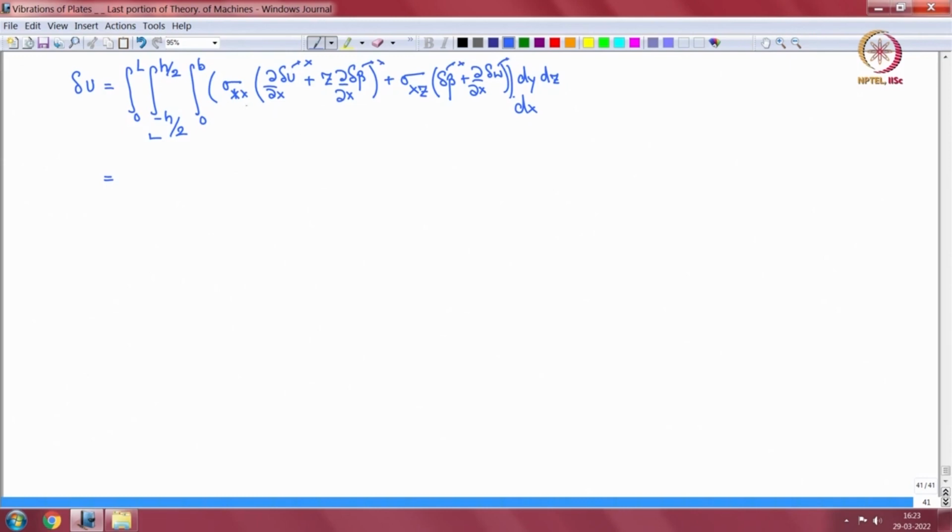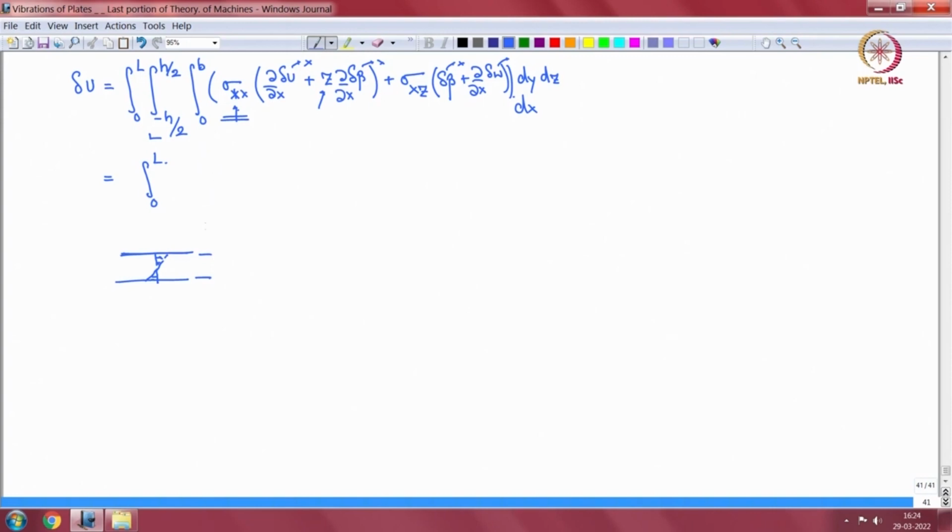So wherever the z dependence is, there is z dependence here, and here. If we do that, what we will get is integral 0 to L. Now sigma xx, let's say sigma xx is like this, and integrated over the thickness,